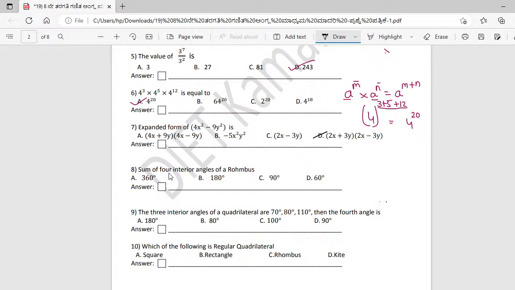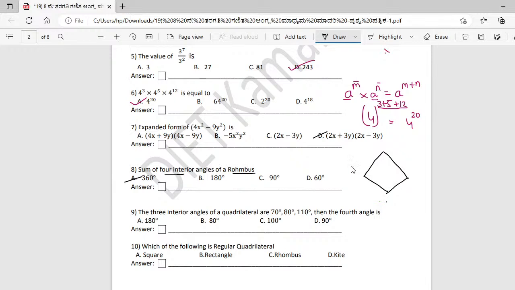So, what is the question? Sum of four interior angles of a rhombus. Very simple one. Okay, I guess everybody knows the answer. It is 360 degrees. Why 360 degrees? We know the shape of the rhombus looks like a diamond, right? Moreover, a rhombus is also considered a quadrilateral. It is a type of quadrilateral. Why? Because it has four